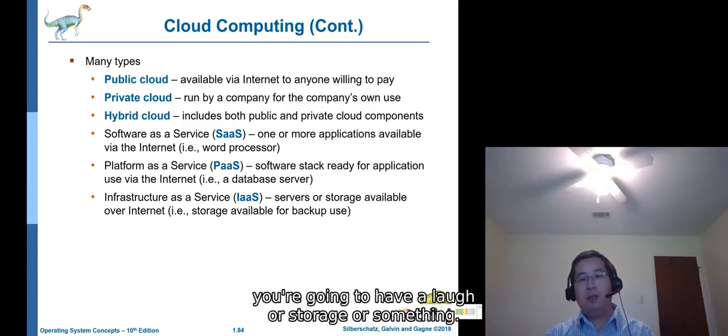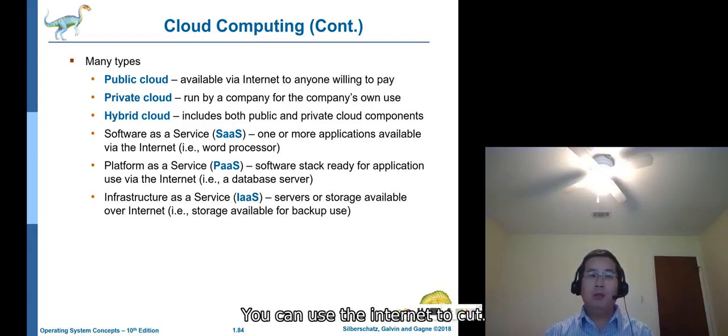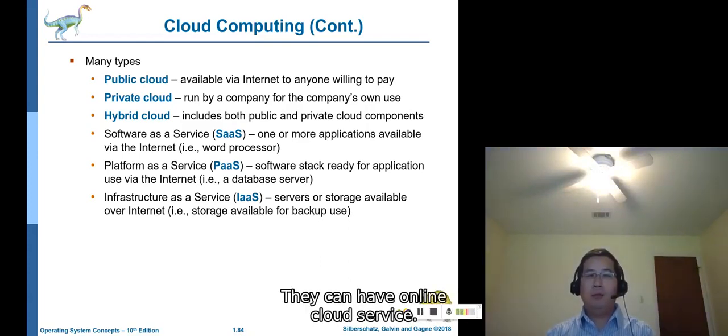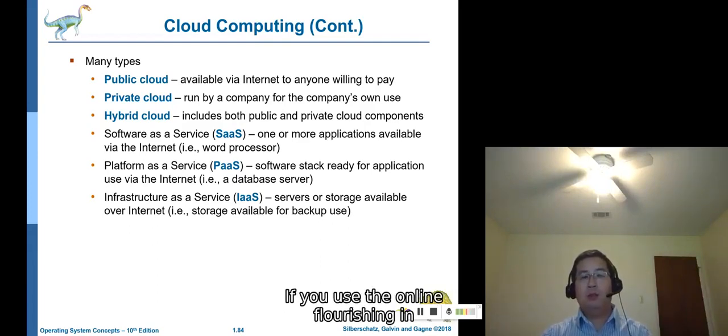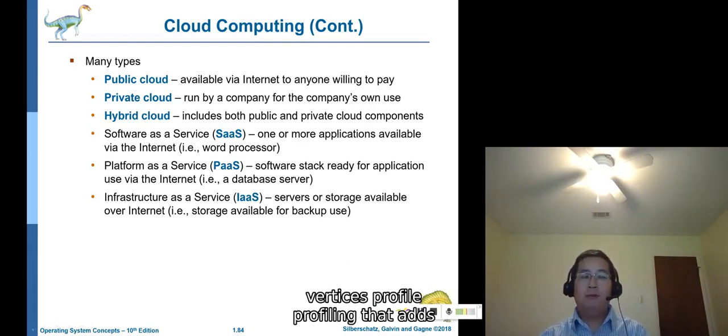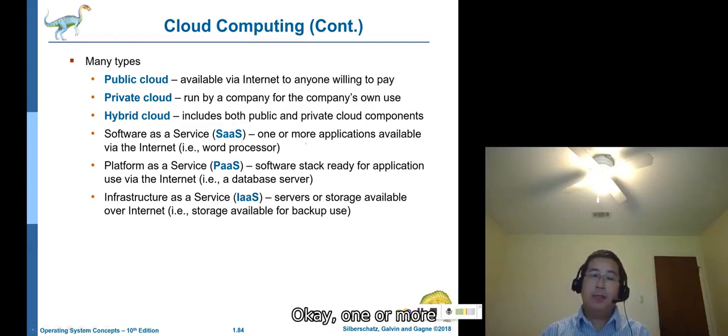You don't have enough storage or something. You can use the internet. They can have an online cloud service. You can use those online versions. In fact, this is provided as software as a service, SaaS: one or more applications available via the internet, for example, a word processor.